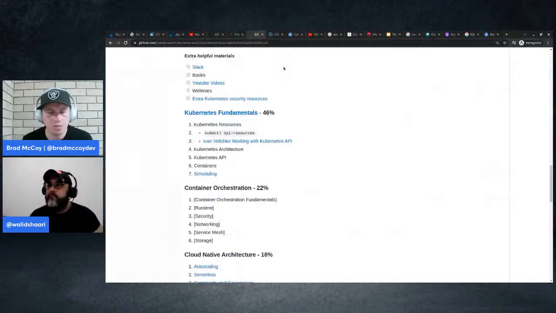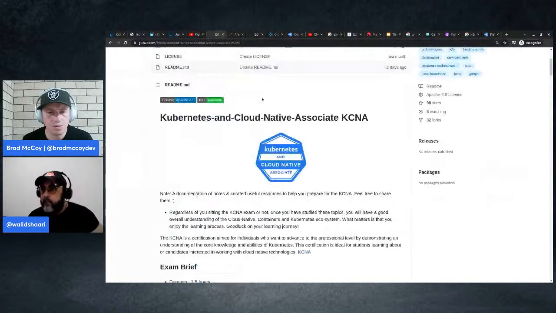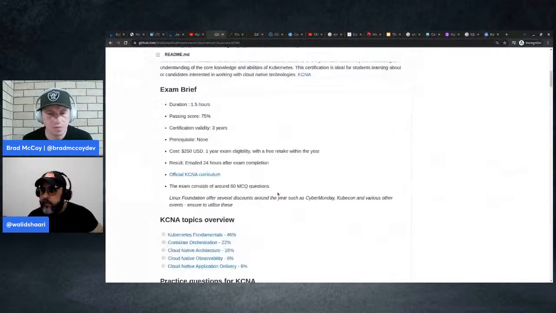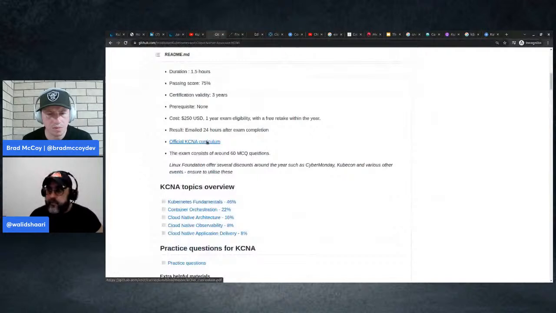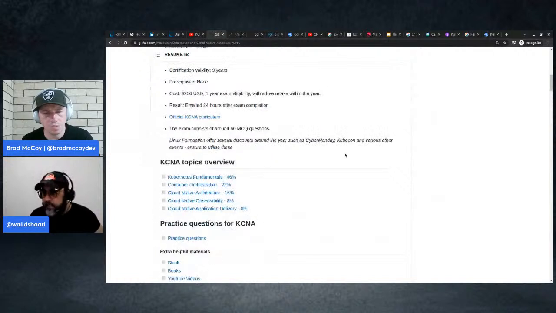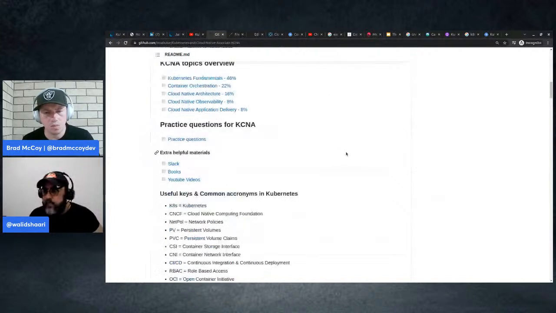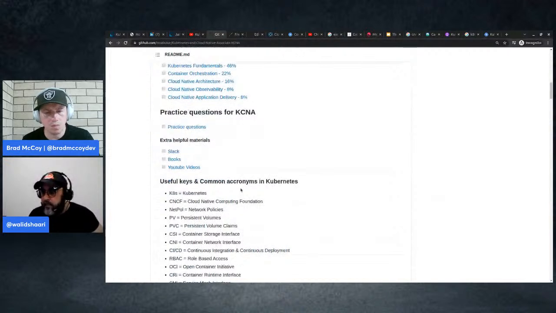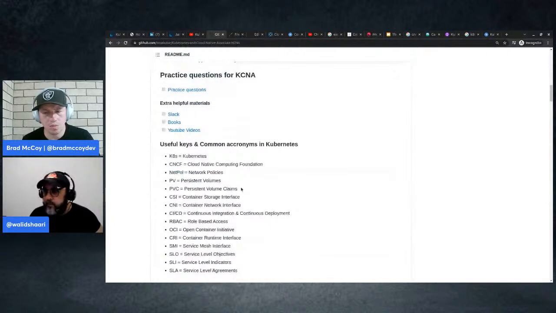Let's check Muhammad Abu Bakr's GitHub. So basically the same things. Okay, he points to the official KCNA curriculum, and it's useful because every 3 to 6 months for the other exams, the Kubernetes release matters. I think for this exam, it's quite stable. It doesn't really matter much on the Kubernetes release, except, for example, now we will not see much about Docker because the Dockershim is removed. And some of the architecture diagrams still refer to Docker as the container runtime and things like this.